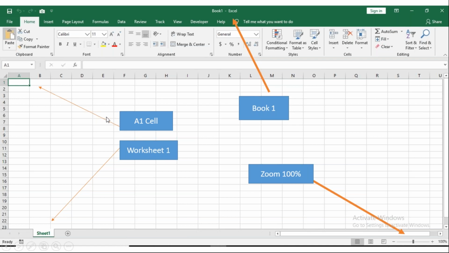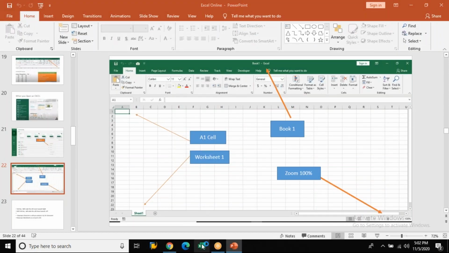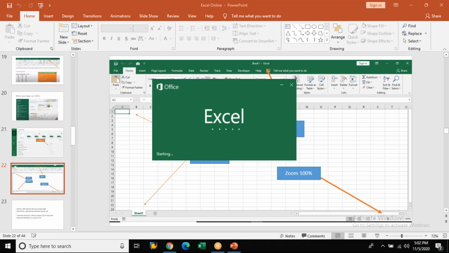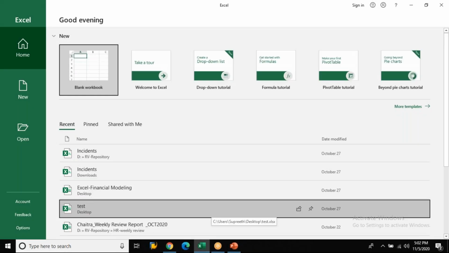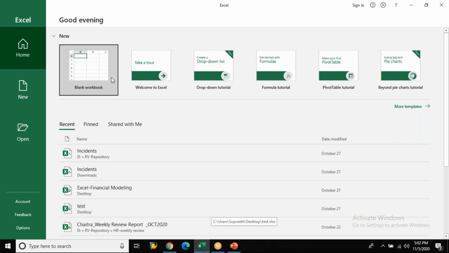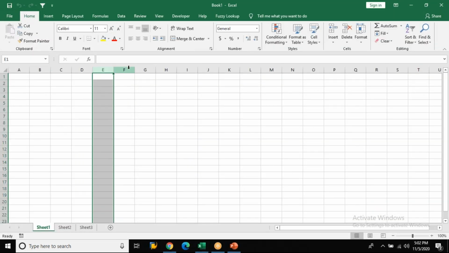So let's see, if I open an Excel sheet, what happens. I get three worksheets and A1.